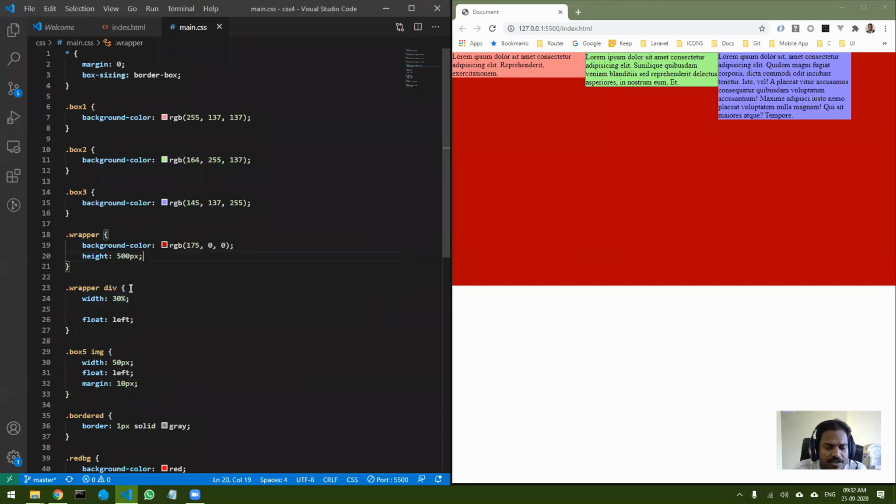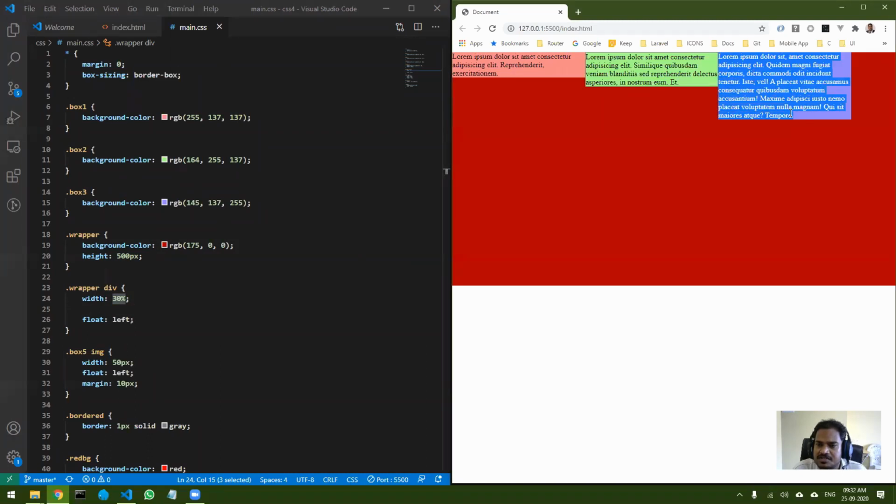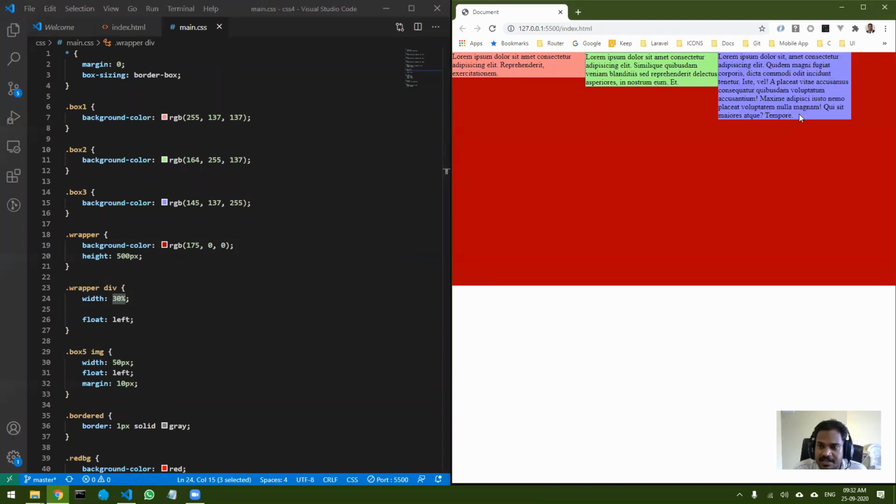There are multiple ways of doing this. A simple way is using a little bit of calculation. You can see the width of each div is 30%. So this is 30%, this div is 30%, that means 60%, and this div is 30%. So total width is 90%, right? So what is remaining is 10%. If I want this to be centered, I can have 5% on the left, 5% on the right.